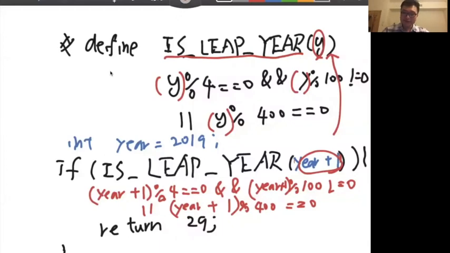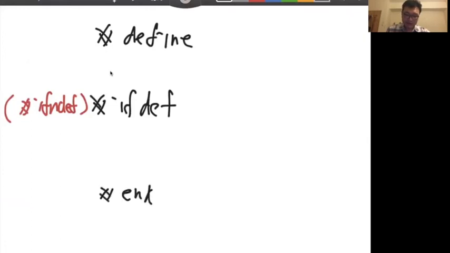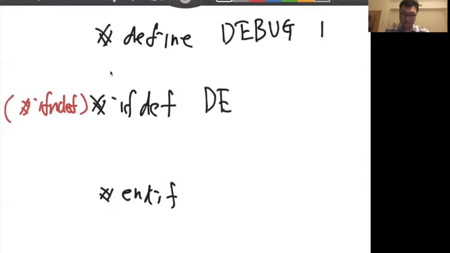There's other stuff to make the pre-processing more powerful. There's something called ifdef. Okay, so we know we have define. And actually there's ifdef, or sometimes you can say ifndef, if it's not defined. For the example, we can use it for debugging. For example, here, if we define DEBUG as 1, then we can say, okay, if DEBUG is defined, I print out